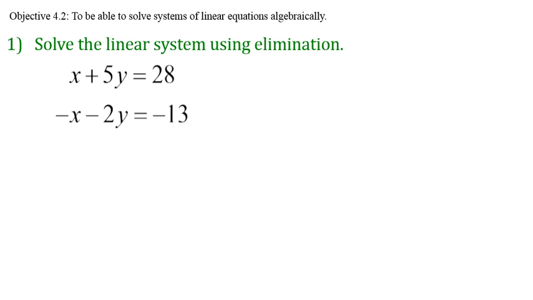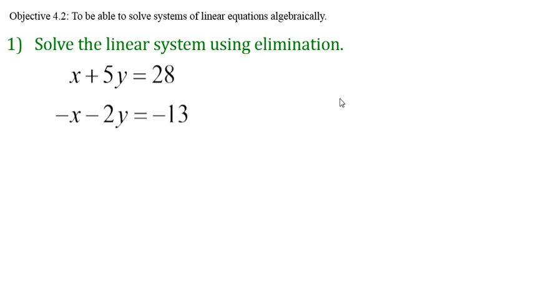In our previous lessons, we've been working on solving systems of linear equations graphically and algebraically by substitution. We want to see if there's another way that we could solve some systems algebraically, where it doesn't necessarily mean that we have to take one of our equations and solve for either an x or y and substitute into the other. So here we have these two equations, x plus 5y equals 28 and negative x minus 2y